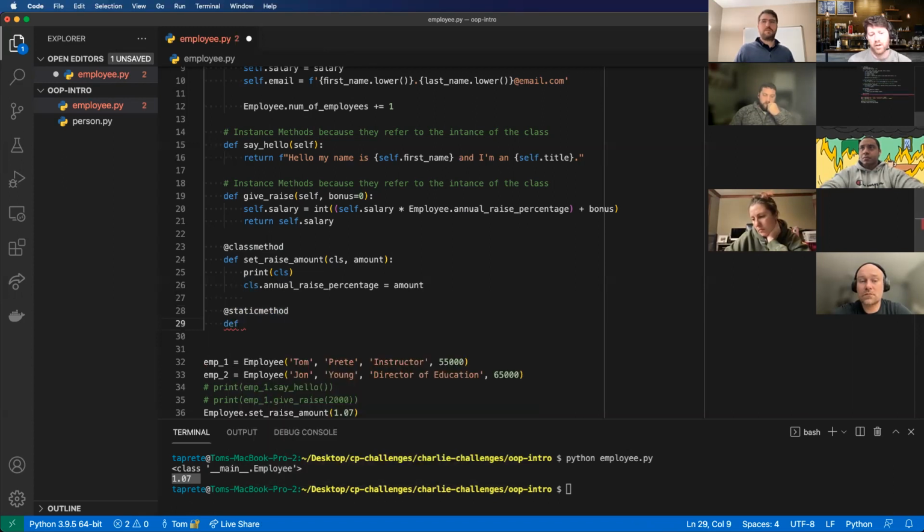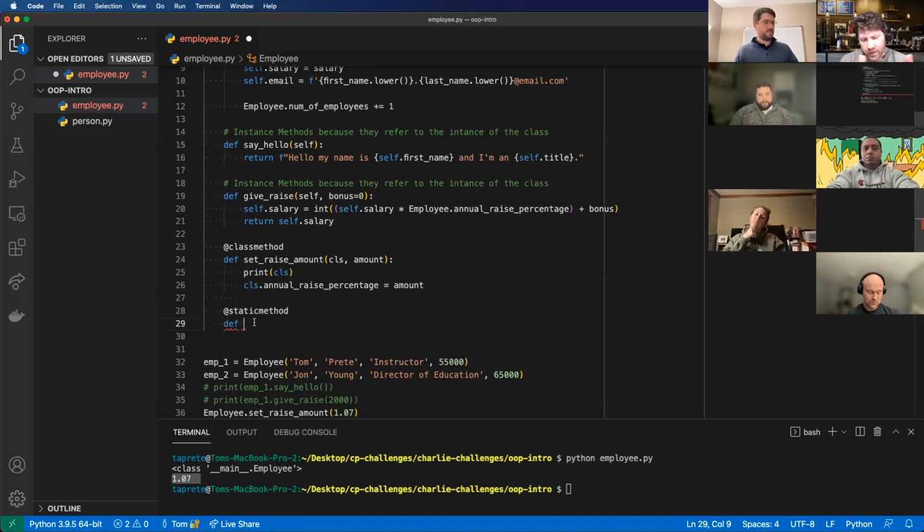So here I have access to the class by doing CLS. For static methods, you won't have access to any instance, such as self or class CLS. But static methods are used to do some arbitrary things that really aren't directly related to the class or an